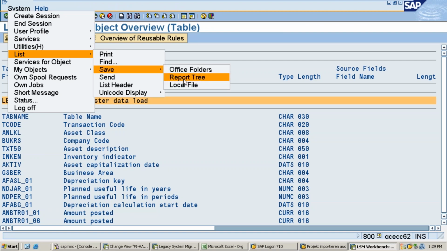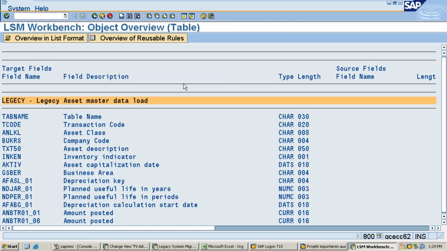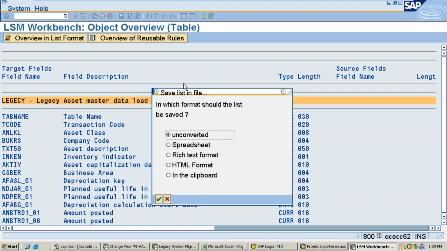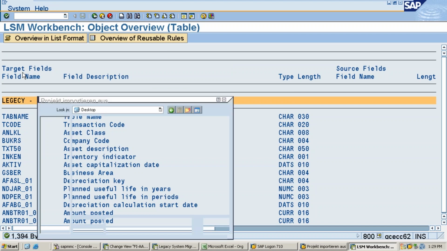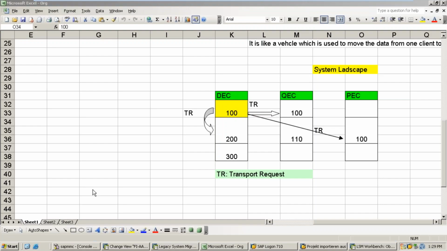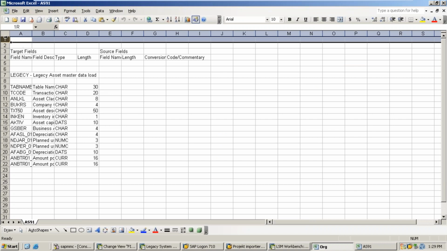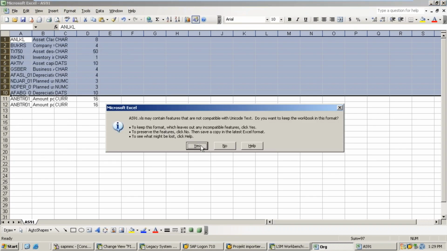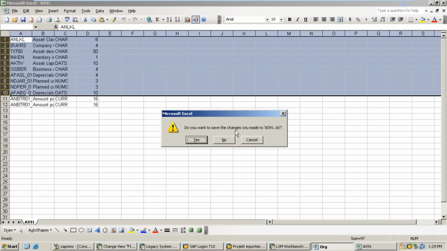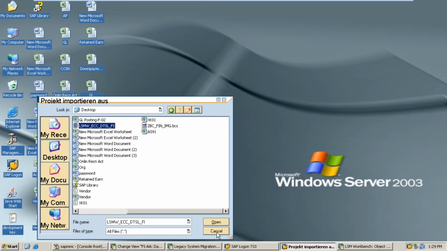See, I have covered the first master record at spoon-feeding level. Now I am just going ahead since you are already familiar. Okay, spreadsheet. Enter the file name. Description is here AS91, like this, and generate the file. Then go back and open your file and delete all the rows including the T code. Then simply save it. Don't make any changes. Just delete it and go ahead. Okay, go back.